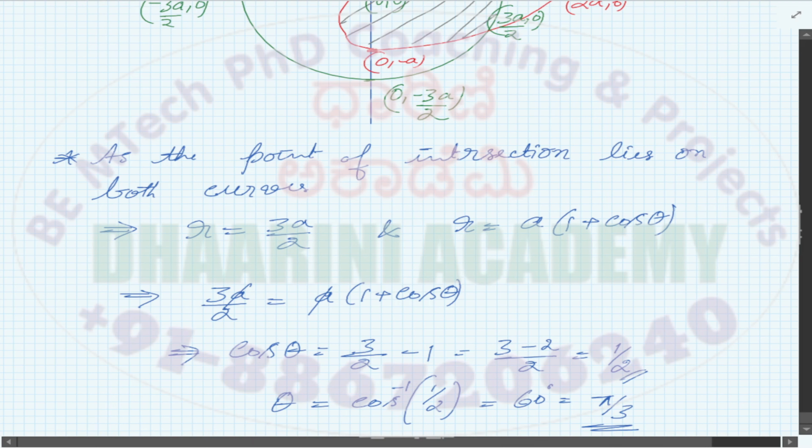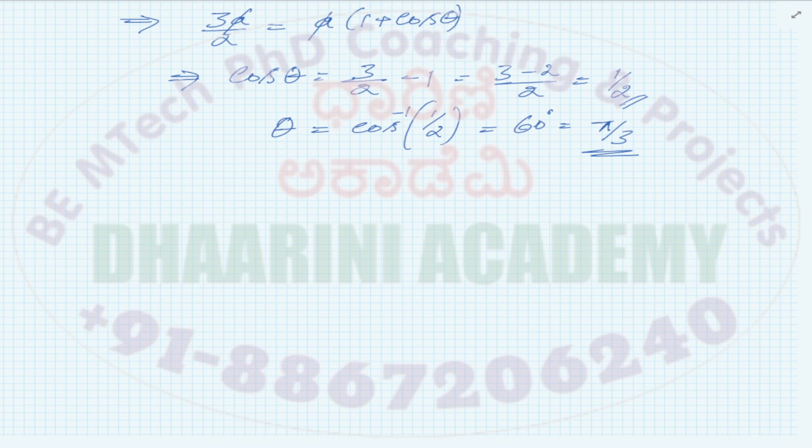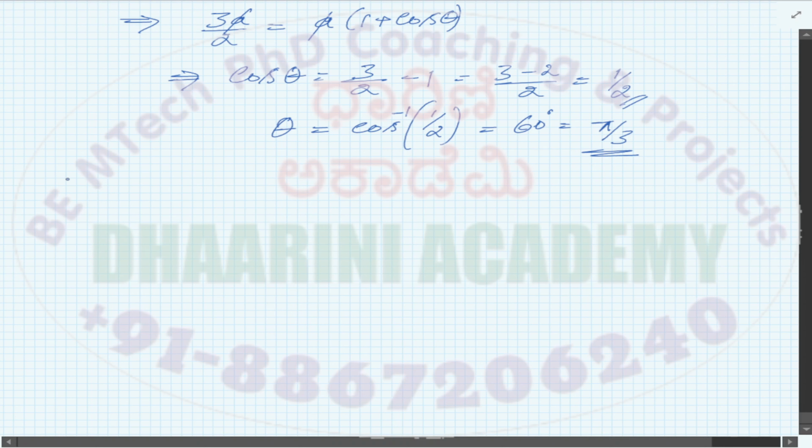Okay, so I got theta is equal to pi by 3, which is 60 degrees. So now I'll write the required integration for the area. Okay, so therefore